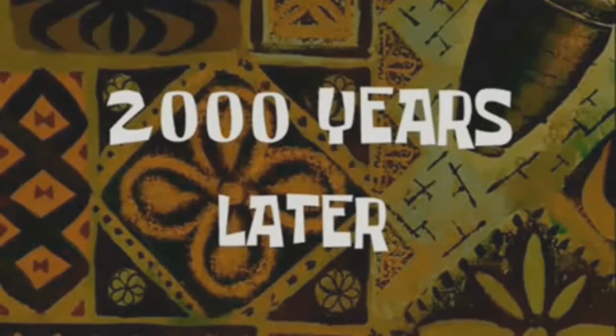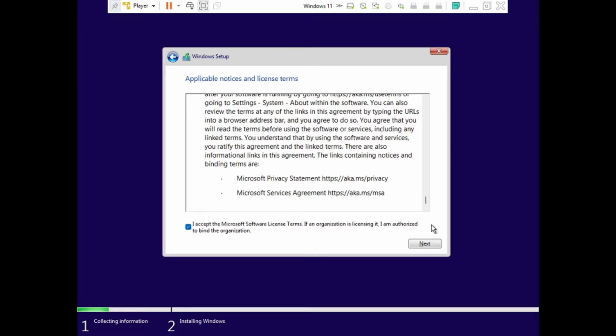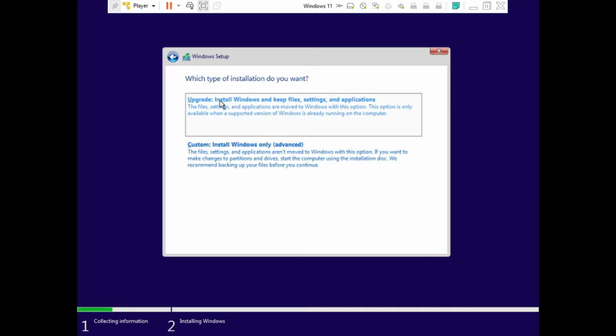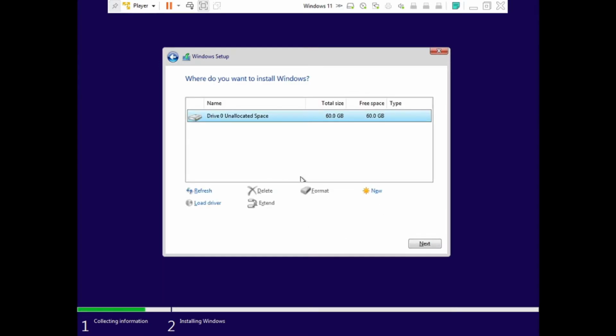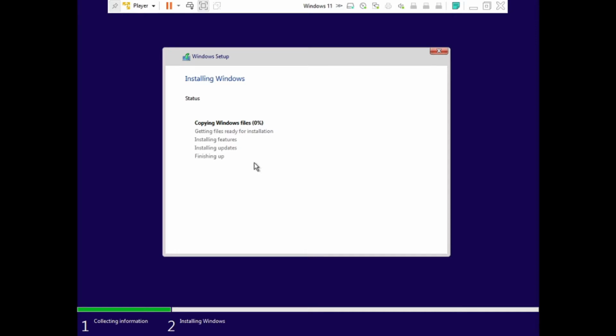2,000 years later. Okay, so now it's very good. Upgrade? I am installing it for the first time. No upgrade. Okay, we need 60 GB. I have allocated 60 GB of space for it. Installing Windows, getting